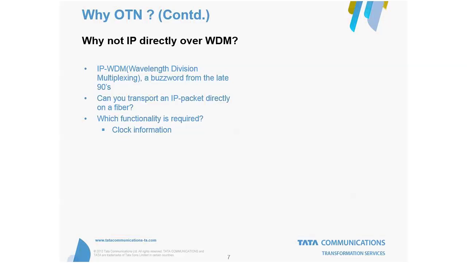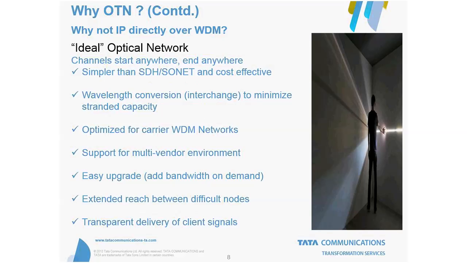First thing is clock information. You know the reason. And the start and stop indication of the packet. And an error checking mechanism. Error correction, okay. So the WDM layer as such cannot provide all these functions. So people developed a standard called OTN, which will have all these functions so that IP packets can travel over the optical layer without any hurdles.